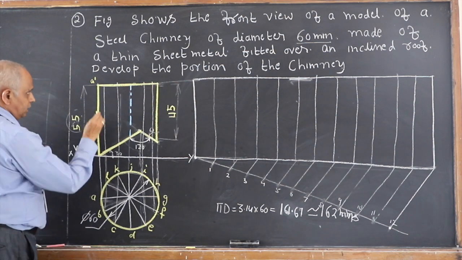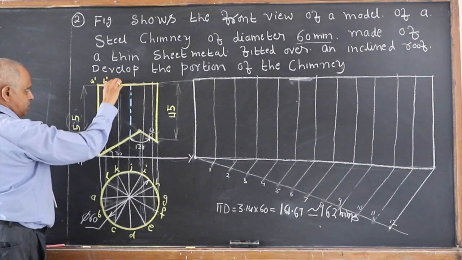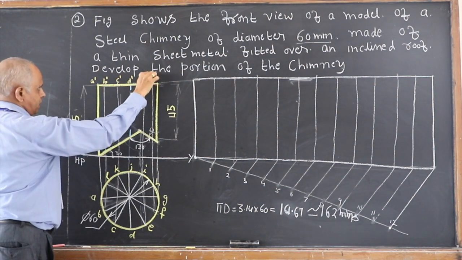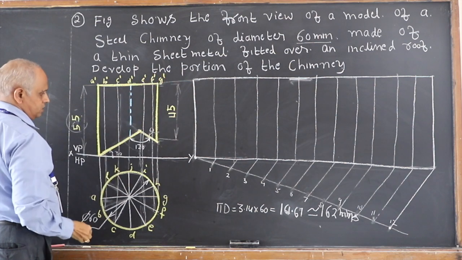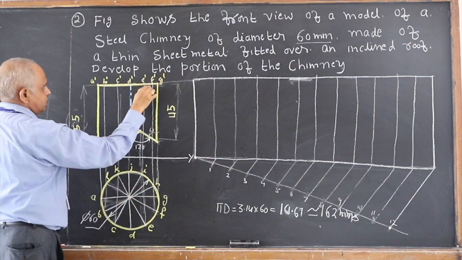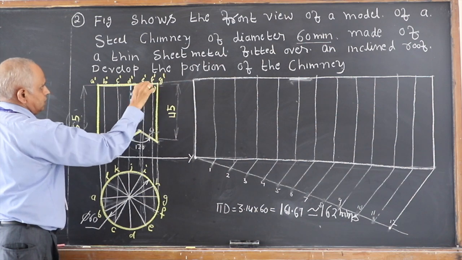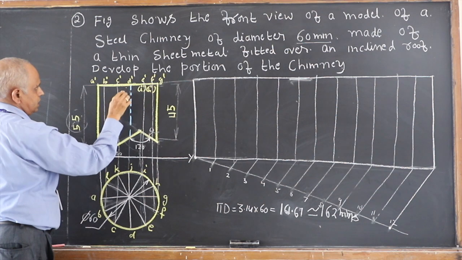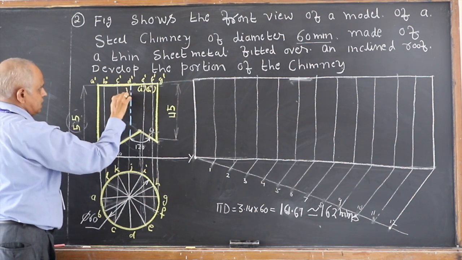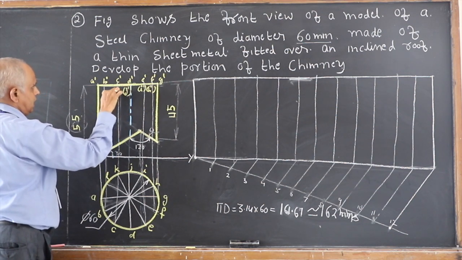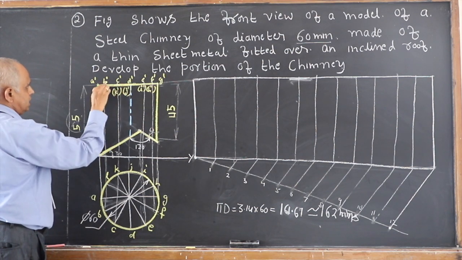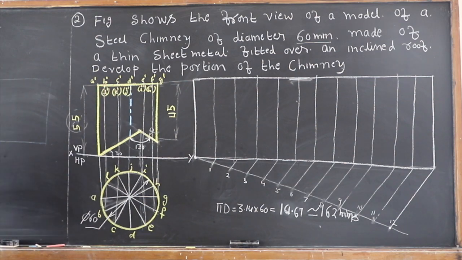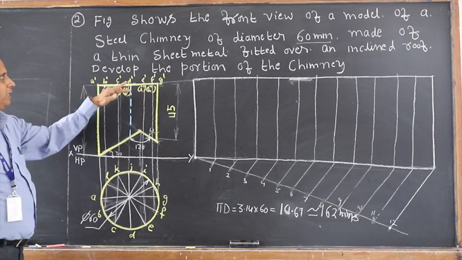Name all these generators in front of you: A dash, B dash, C dash, D dash, E dash, F dash, G dash, bracket, H dash, I dash, J dash in bracket, K dash in bracket, IJK, and the last one is L dash. Okay, avoid writing this on the figure, better you write it above.